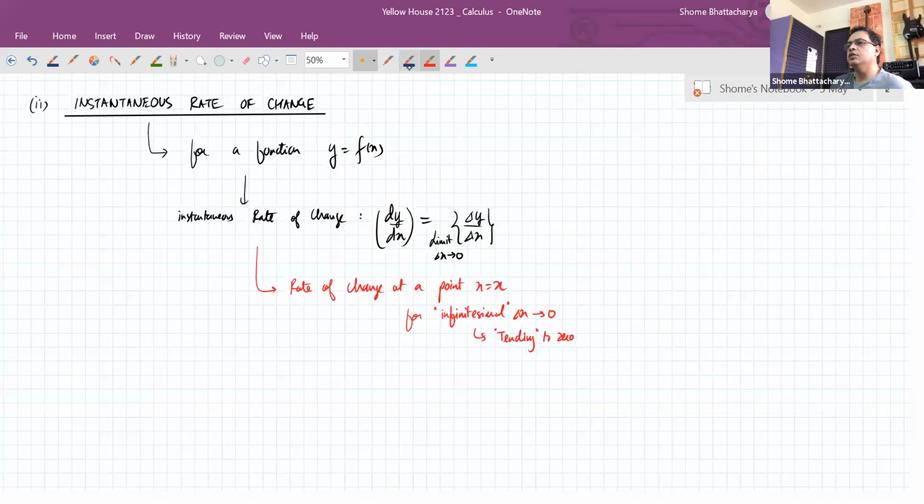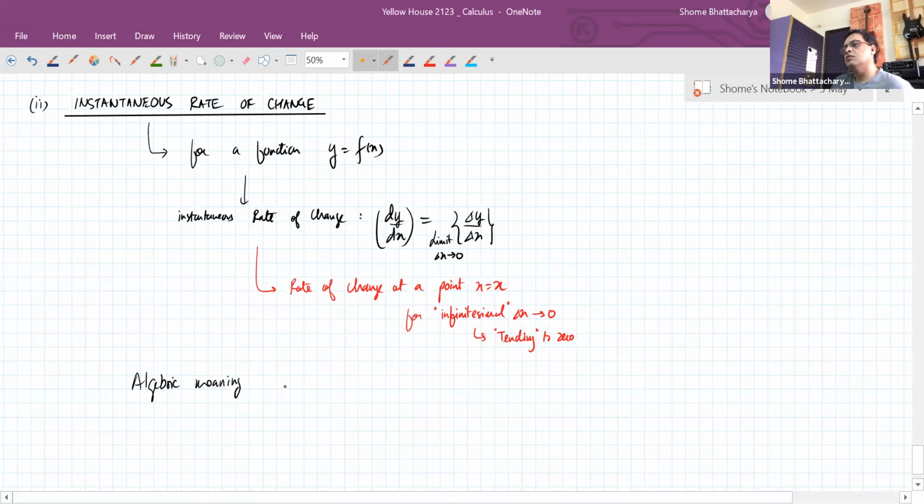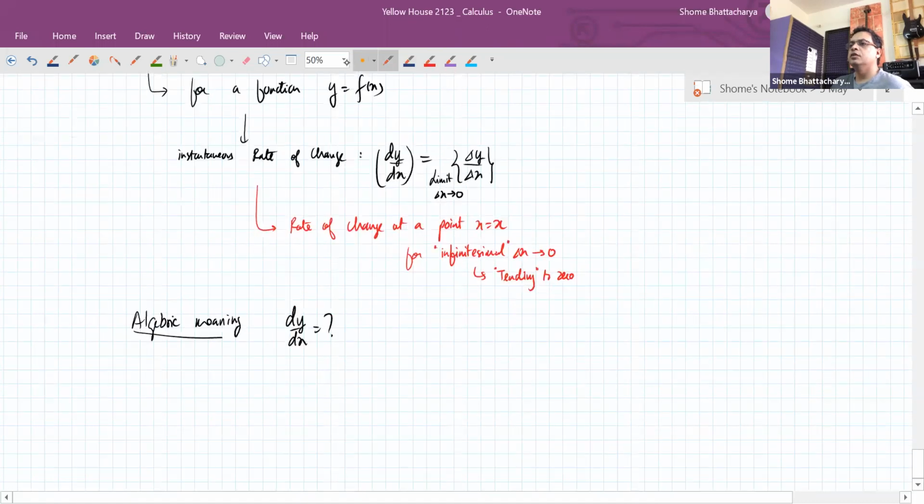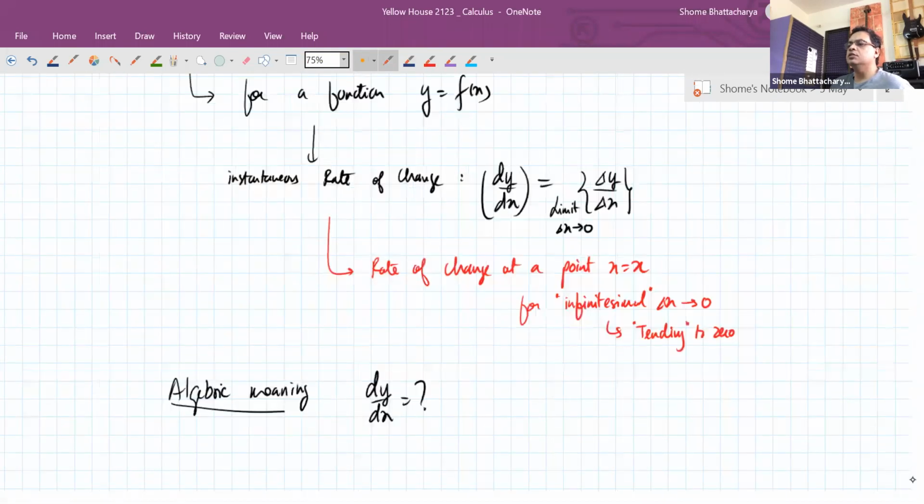Okay, so now talking further about this infinitesimal rate of change or instantaneous rate of change, we will see that there are two ways of interpreting this. One is the algebraic meaning. What does this mean in terms of algebraic terms? Okay, let's understand that. So for the algebraic meaning of this,